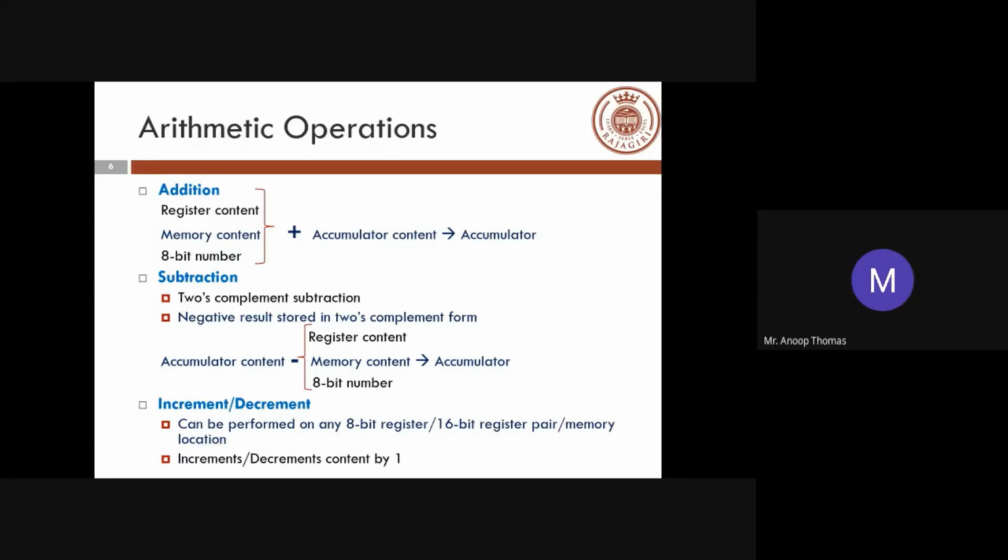So in your family, you might have a particular person on whom you dump all your emotions, everything that you don't want to say, everything that you feel. Whenever you feel frustrated, you might have a person in your family or friend circle to whom you put all the burdens, or say everything. Similarly, the accumulator is such a setup where everything works on that particular thing. Whatever results are obtained will be stored in the accumulator.